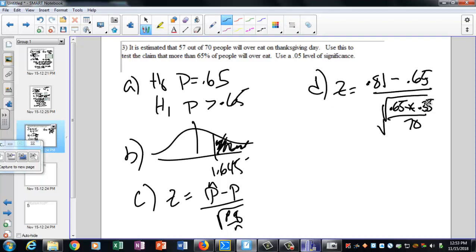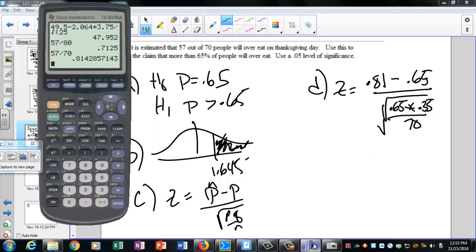Okay. How did I get 35%? It's 1 minus 65%. It's the opposite percentage. We call it the complement in statistics. So open parenthesis 0.81 minus 0.65, divided by the square root. Here it's 0.65 times, use the times symbol, please. Don't use parentheses down there. 0.35